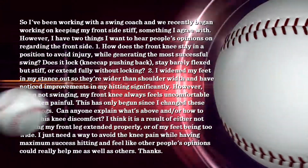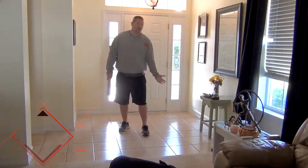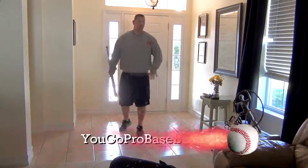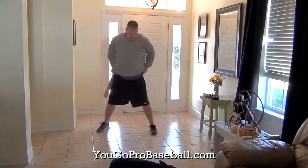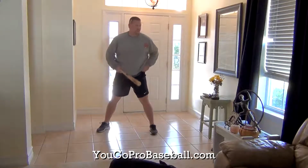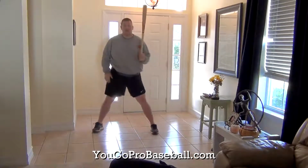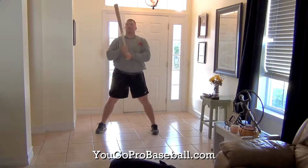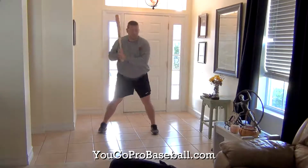Thanks. Alright, so let's start with number one and talk about what the front leg is doing during a swing and how you can stay free from injury while doing the correct movement mechanics while you're hitting. Alright, so first of all, let me pull my shorts up when I'm swinging so you can see my front leg. Good. Now, I'm not going to get into the wideness of the stance just yet because that was your second question, but as far as the mechanics on the front leg,